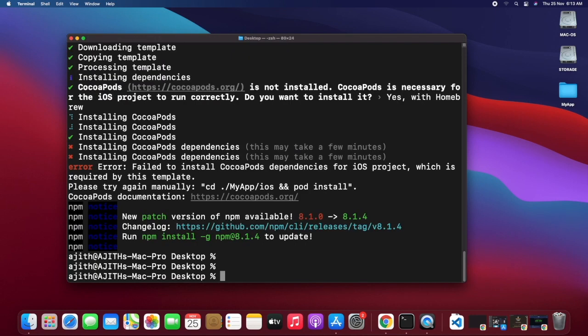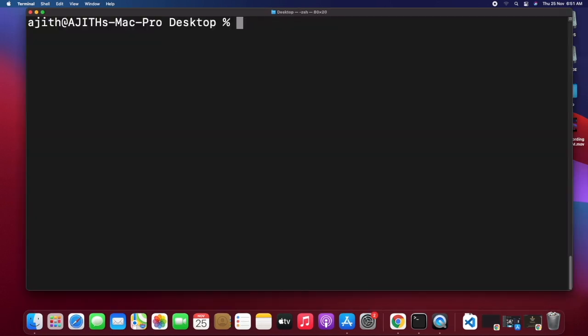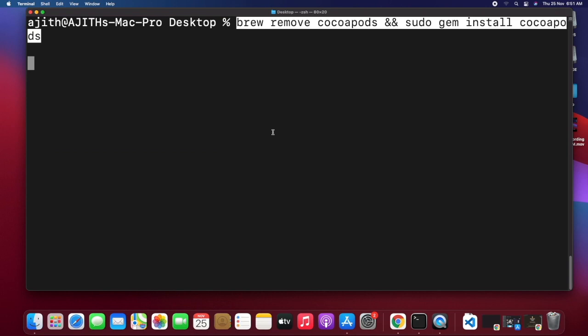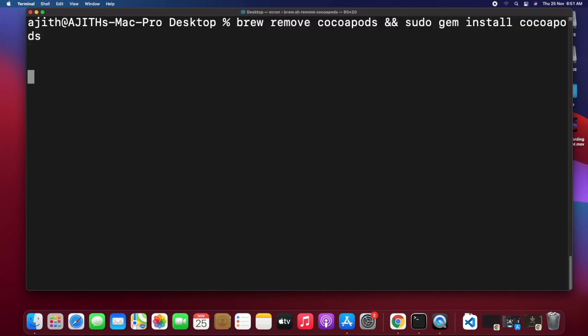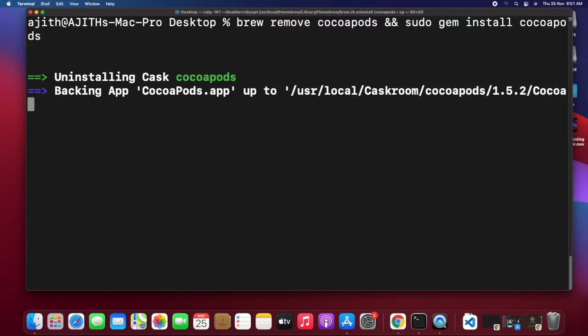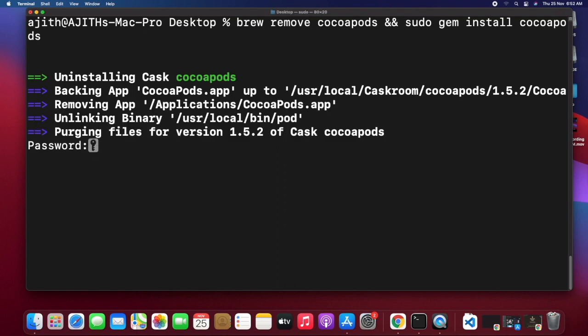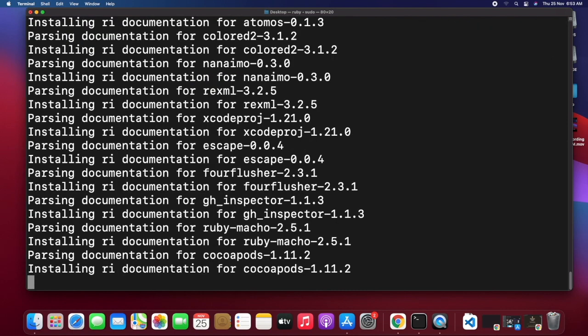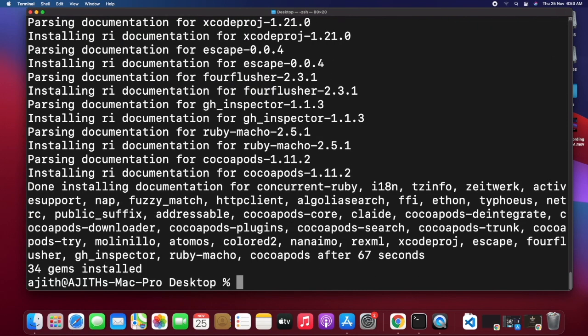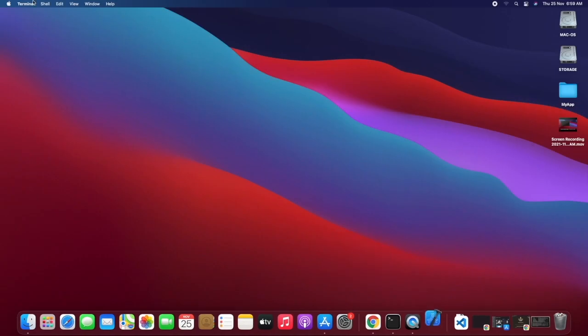So it downloads all the required files. Then I'm going to remove that CocoaPods and install it again, because that previous installation was not a success, that's why I did this. Then